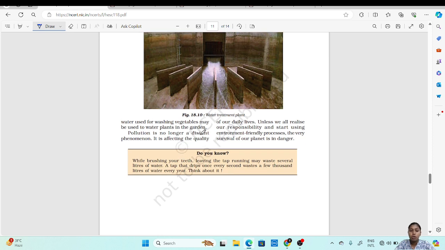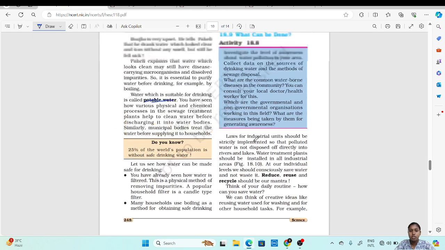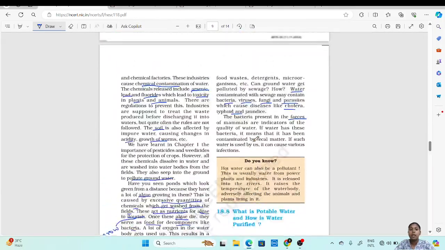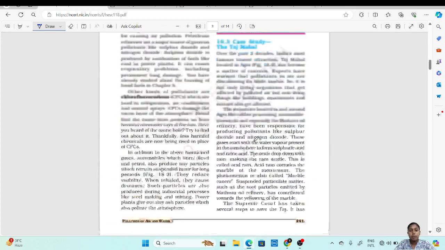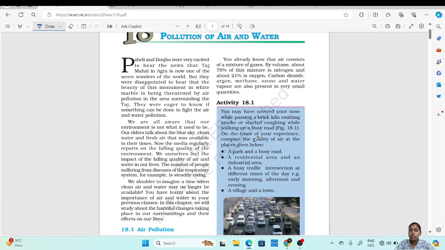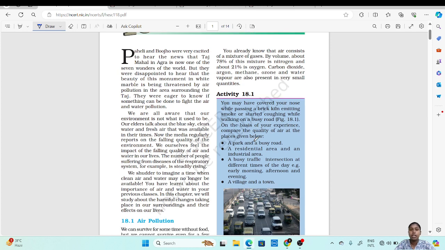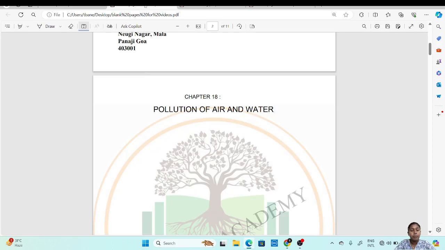Pollution is no longer a distant phenomenon. It is affecting the quality of our daily lives. Unless we all realize our responsibility and start using environment friendly processes, the very survival of our planet is in danger. So we have to be very cautious so as not to pollute water or air. In this chapter, we have seen the pollution of air and water, and how we can prevent it. Both of them are very important in our life. We can't survive without water and air. Even without food, we can survive for 3 to 4 days, but without air and water, it's very difficult to survive. So we should take utmost care to keep them clean without